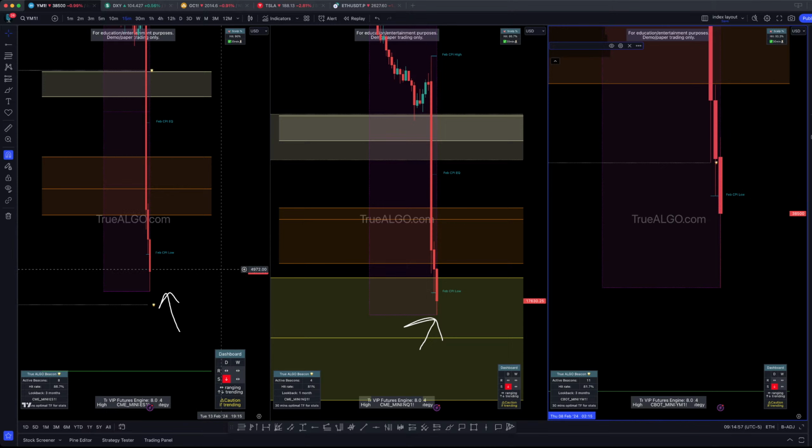Let's be realistic. As a retail trader, and this might help you guys, if you think you're going to catch the absolute low right now, and you're going to run it up forever, you're probably going to take profit before it moves 3 or 4 points up, because you take profit too early. And instead, using the True Algo system, if we get a bullish close now in the box or above the box here, you miss out on this initial move. But again, most retail traders would have been out by now.